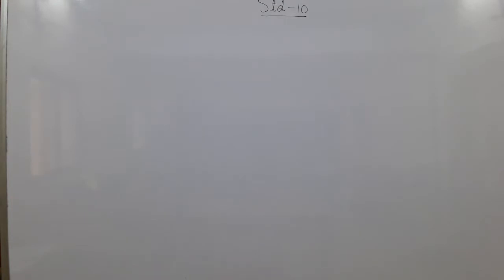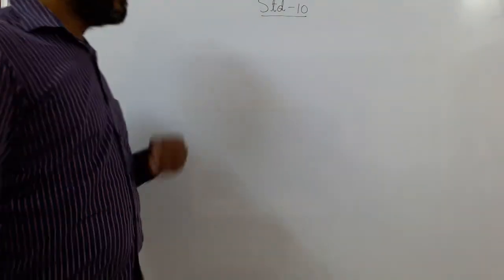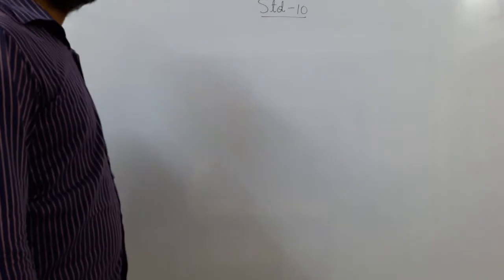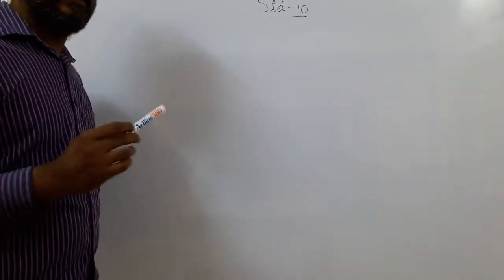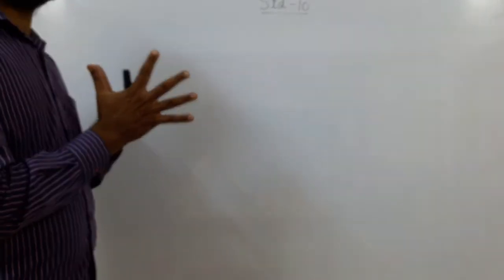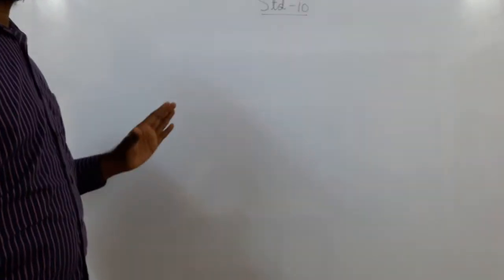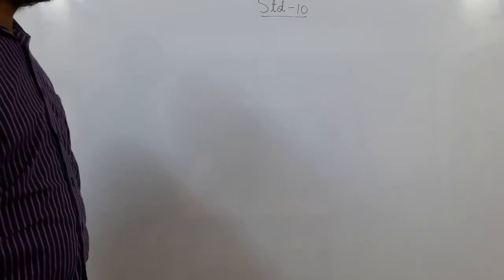A quick revision of what we have done before. We have started the chapter on similarity of triangles, right? Again, I tell you, congruency and similarity. Congruency: same shape, same size, and when coincided, all the corresponding sides and angles are equal. Similarity: same shape, but the size in the same ratio. So, triangles are similar.